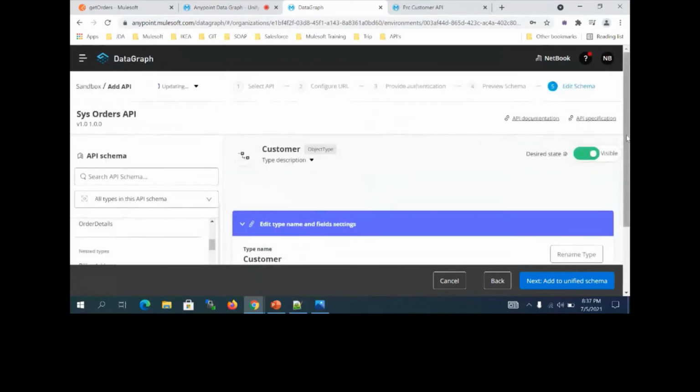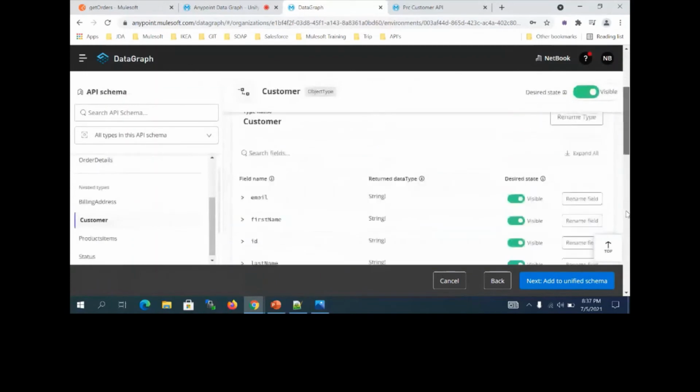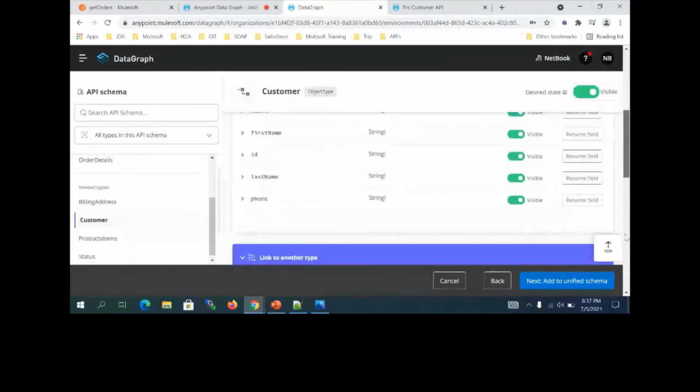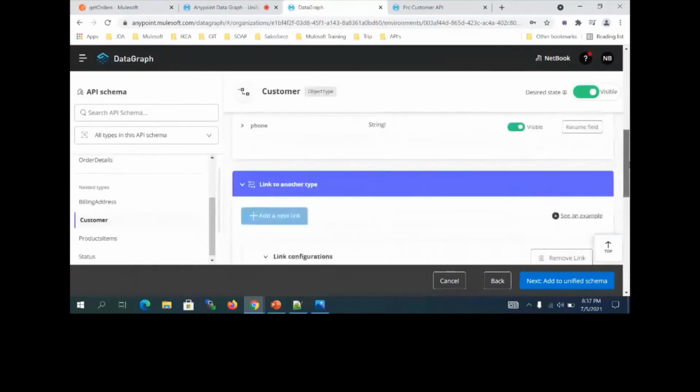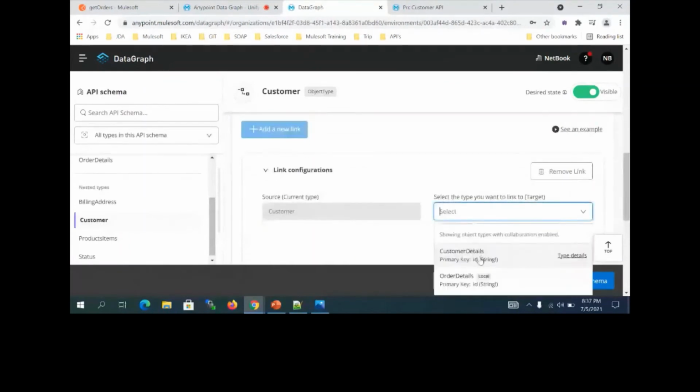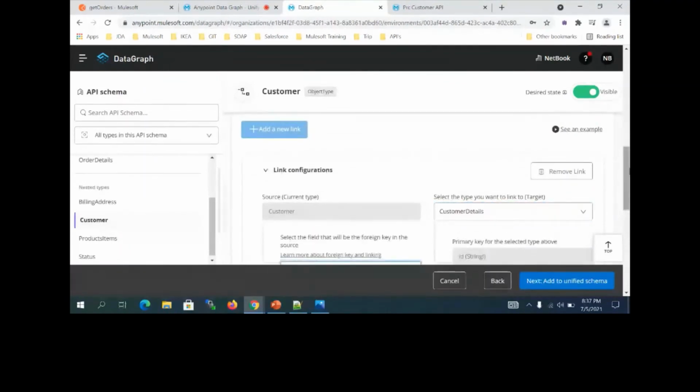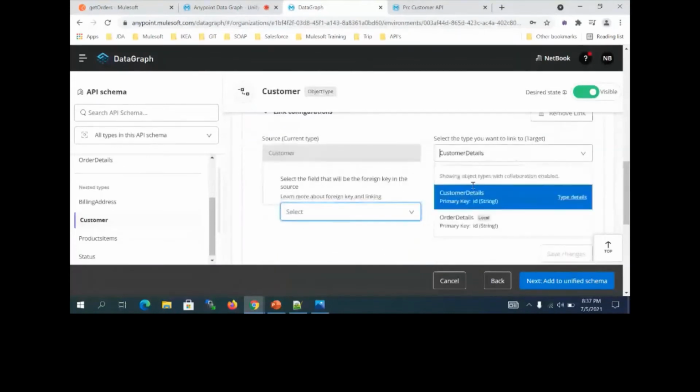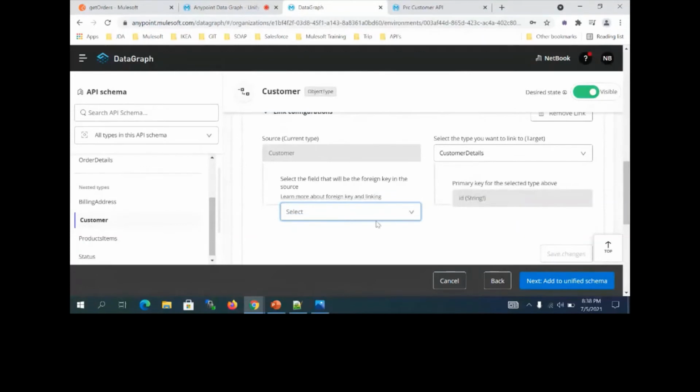Now if I take customer over here, this has these elements and I want to link it with, okay, and you can see this is customer details. What I'm going to do, this is the customer API. Initially when I added that API, this one data type came in. Now I want to link with this one, right?